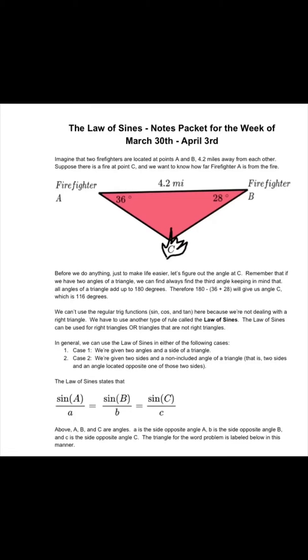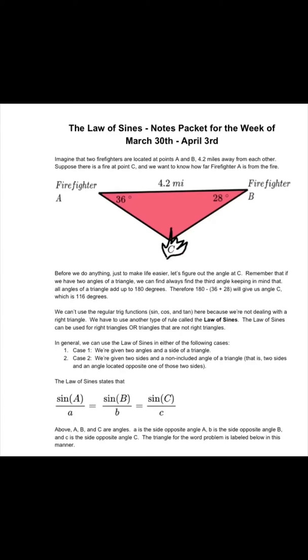Hi everyone. So today we're going to figure out how we can solve for a missing side length of a triangle that's not necessarily a right triangle. So imagine that two firefighters are located at points A and B, 4.2 miles away from each other. Now, suppose there's a fire at point C and we want to know how far firefighter A is from the